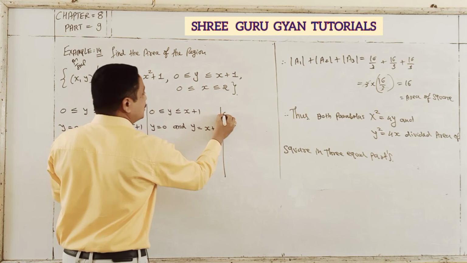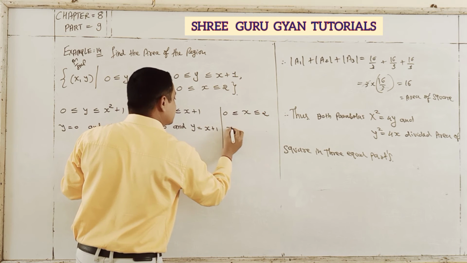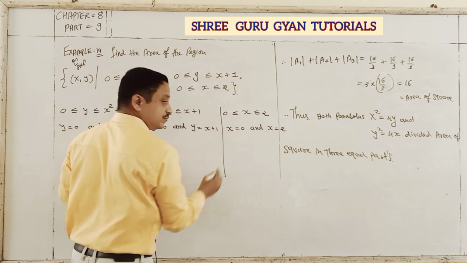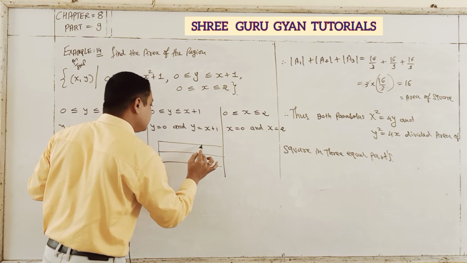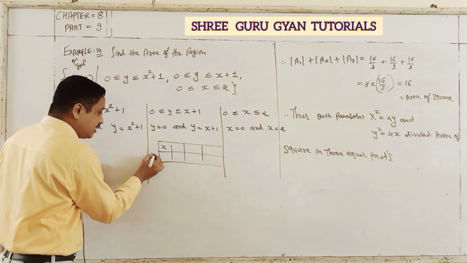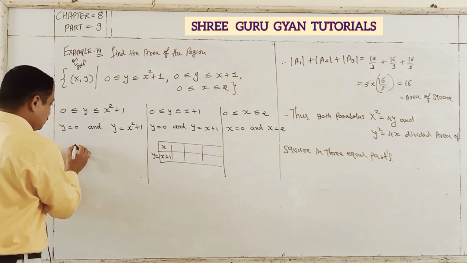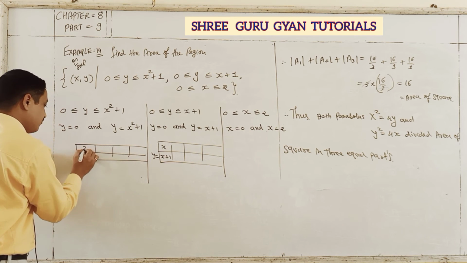Third, 0 ≤ x ≤ 2. It means x is equal to 0 and x is equal to 2. So here you make the simple table for this one: x, y becomes x plus 1. You just put in the values. Here also you make the table for better plotting of your graph,